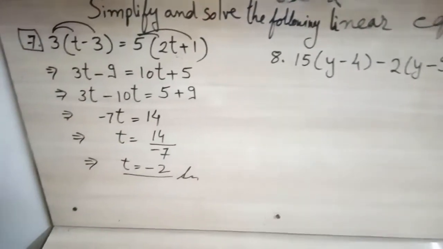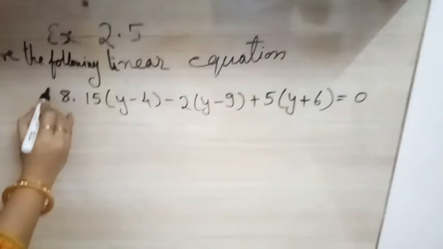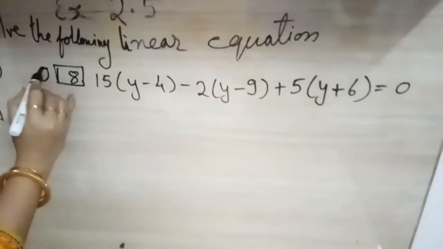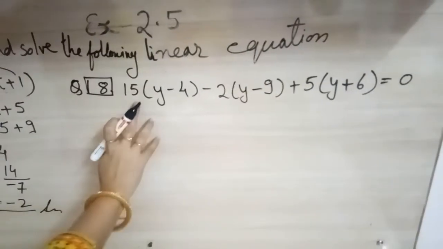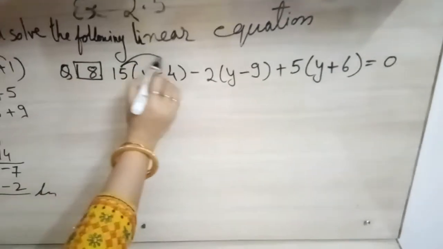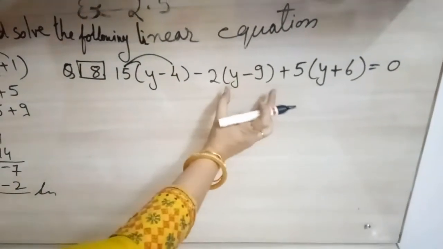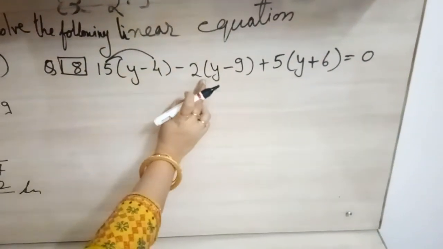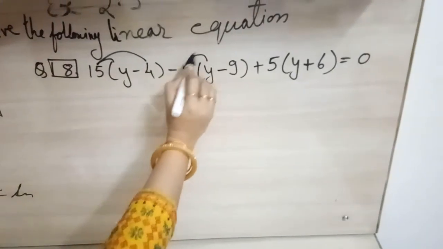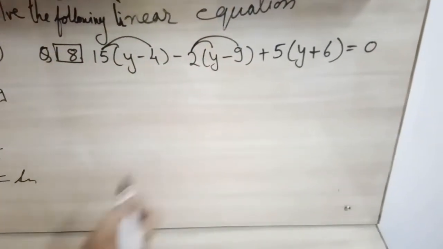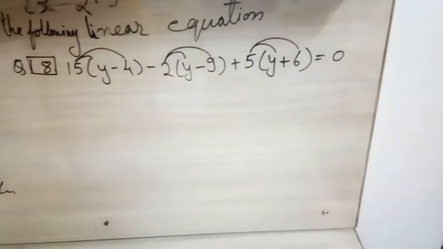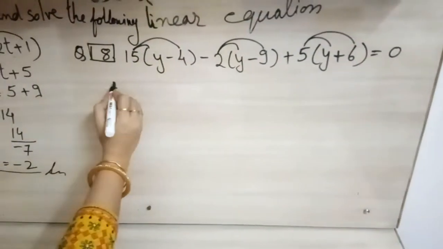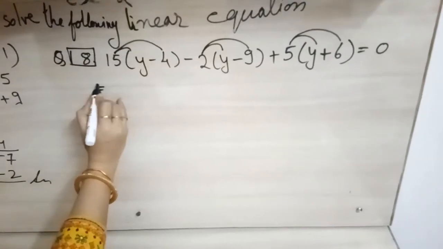It's easy. Okay, let's see one more question of the same variety. It is question number 8 that we are doing. Here again bracket and outside bracket 15 is there, no sign is there, means it is multiplication, so we'll multiply 15 by both the numbers. Similarly here bracket, no sign is there, that means you have to multiply 2 to both the numbers, and the same way here no sign is there, means it is multiplication, so we have to multiply by both the 8 terms they have given in the bracket.